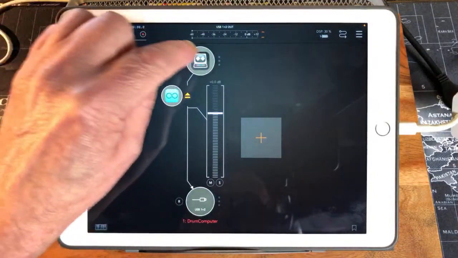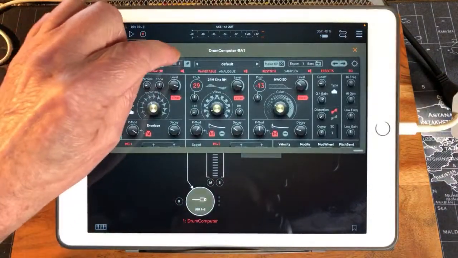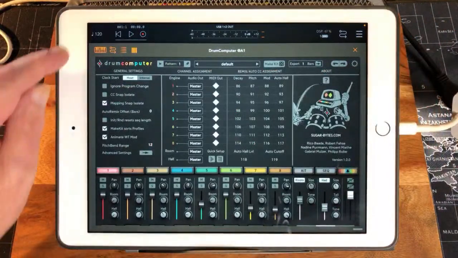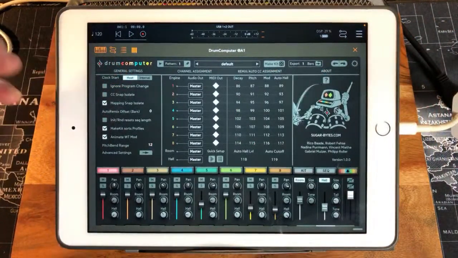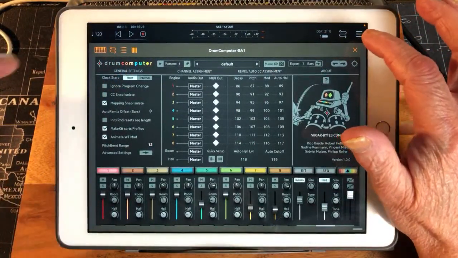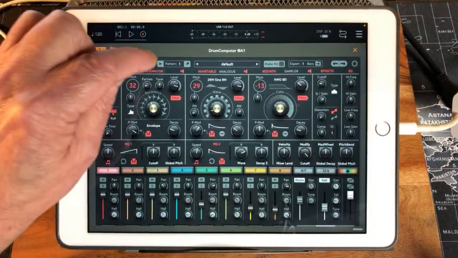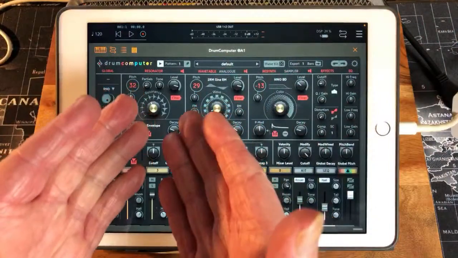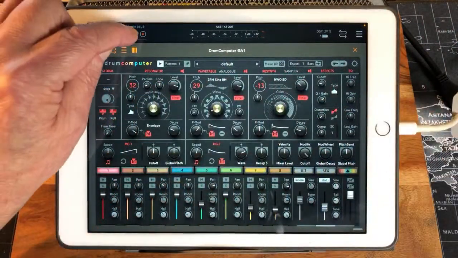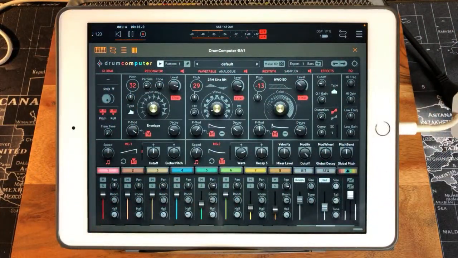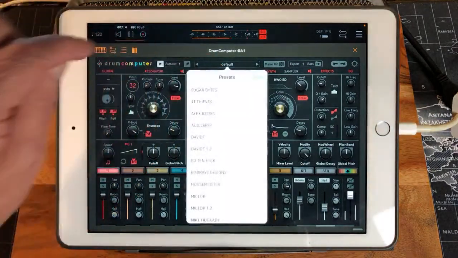And this is a good example, isn't it? Let's just go into settings. It's already on host, not internal. And what I was saying about how we can't just play like this, or we can't just play like that, but once this is engaged inside your host, let's check out